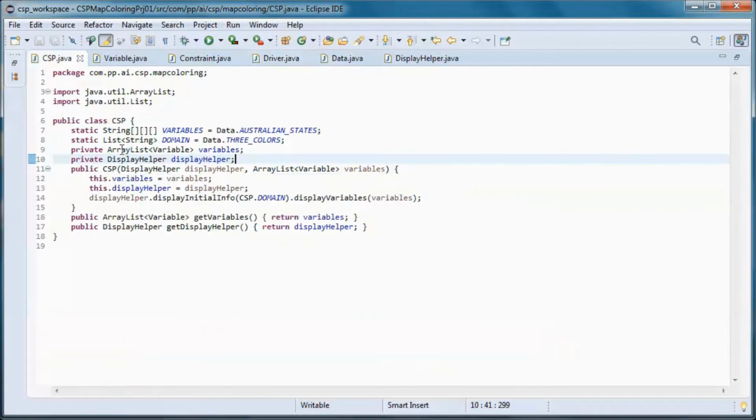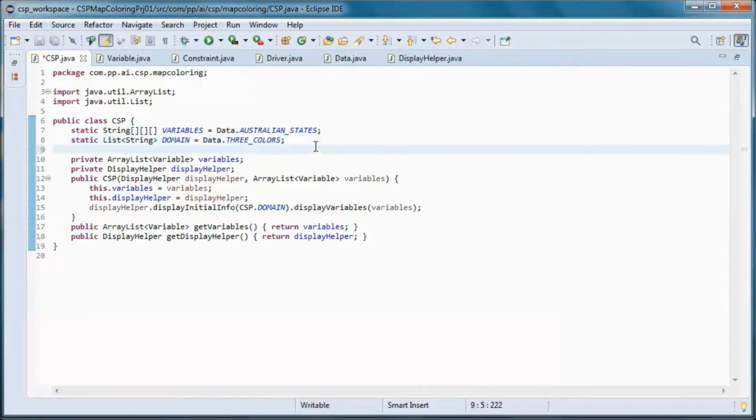So we specify it here to be this one, and we'll be using three colors here. And let's add this verbose flag, so we can run the application in either verbose or default mode.